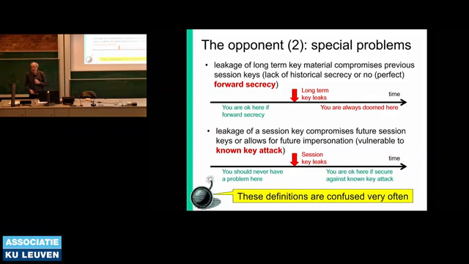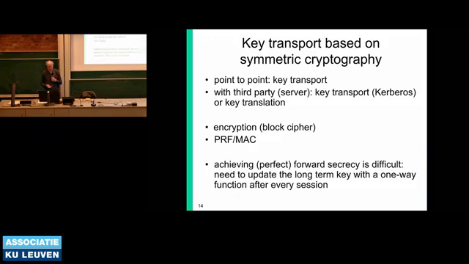Now, I agree these are bad terms, because of course also here a key is known, namely a long-term key, and here it's a short-term key that is known. So the terms are a bit confusing. And probably if we could start over, we would give different names, but it's too late. Okay, so deal with it. But you have the slide on the exam, and if you're confused, I will always ask, is this protocol vulnerable against known key attack or against forward? Does this protocol offer forward secrecy? If you forgot what it is, there is a slide where you can look it up. Okay, so